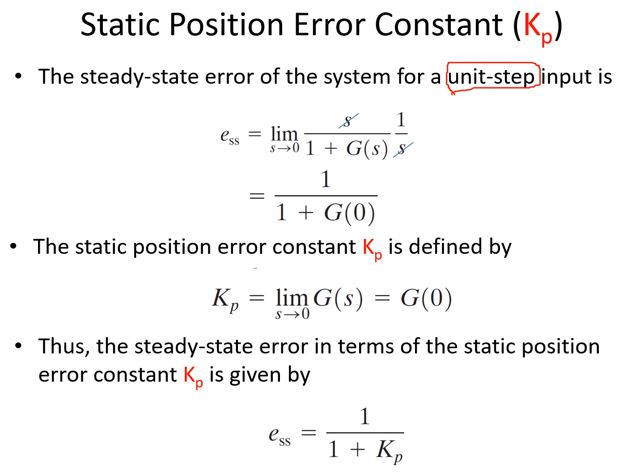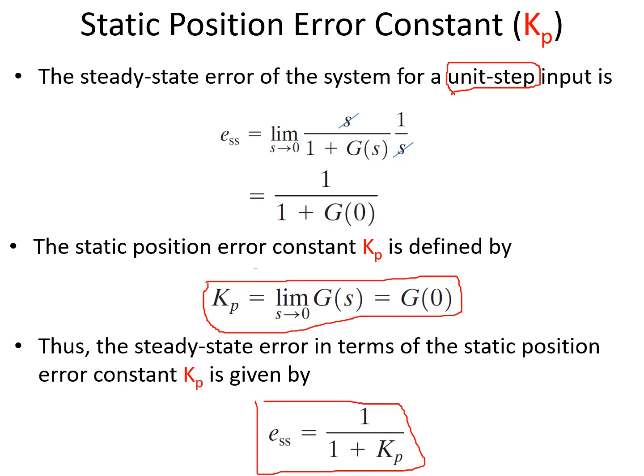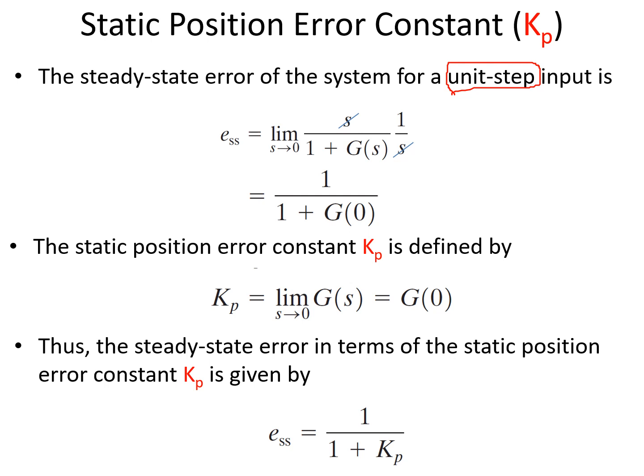So try to remember this expression. This is very important. Kp is taken as equal to limit s tending to 0 of g of s, and I'm replacing this g of 0 with Kp, so that my steady state error ESS is equal to 1 divided by 1 plus Kp for a unit step input. So you need to remember these two expressions. These two expressions are very important to solve the problems. You can get questions on this. Now coming to the next part,